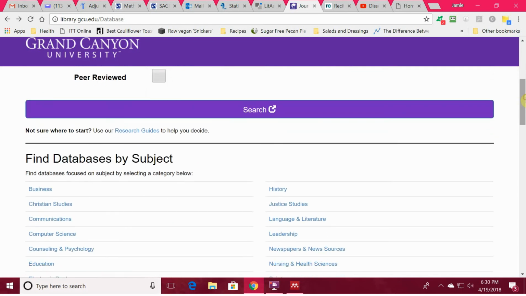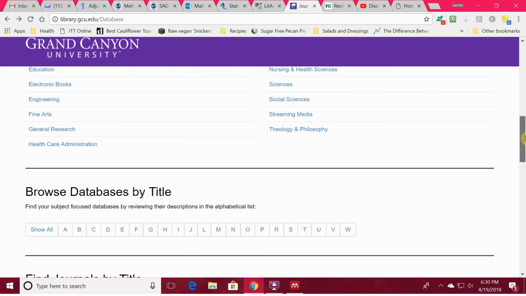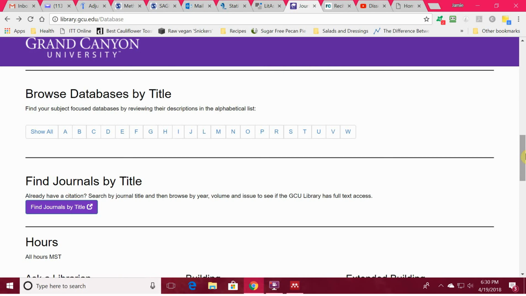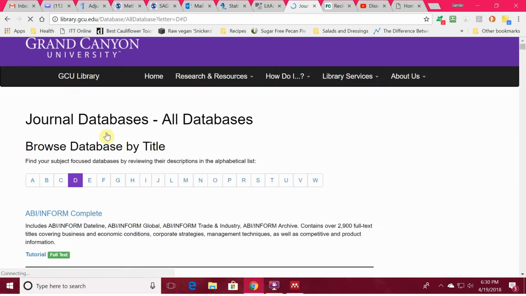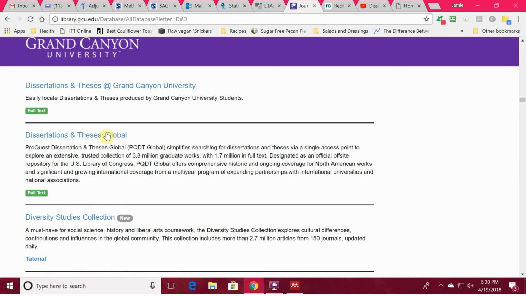Most libraries will let you search by database. All right. So we're going to browse the databases by title. Almost everybody does that. And I have the first one I wanted to show you. Go to database by title, D. And look,